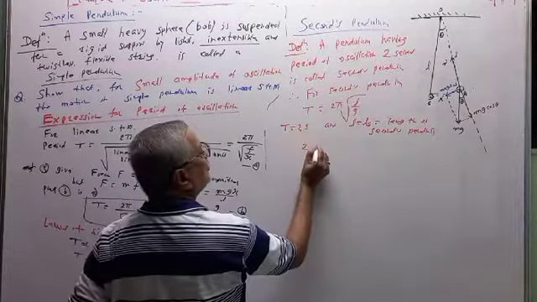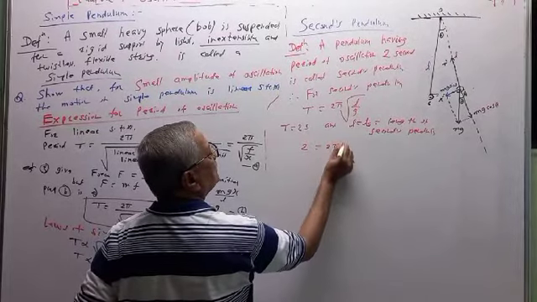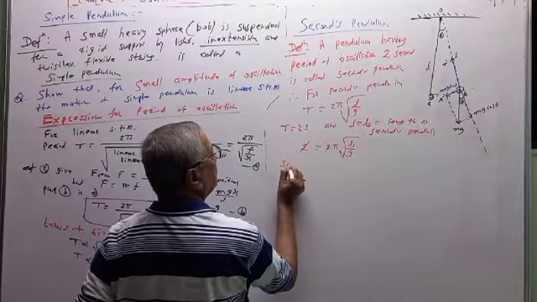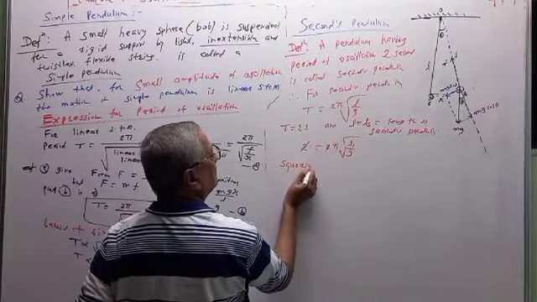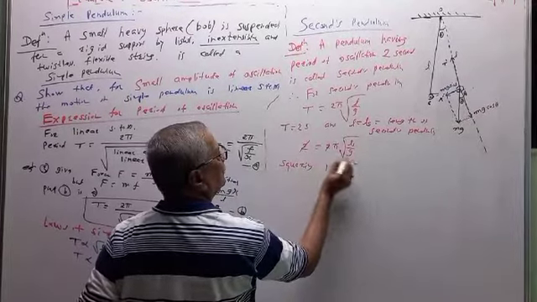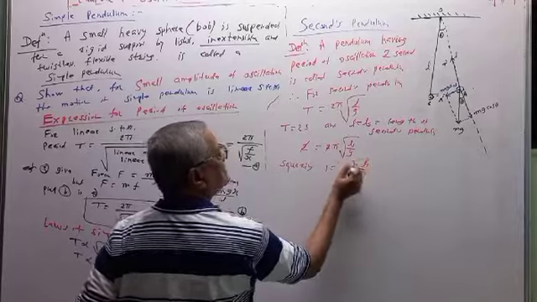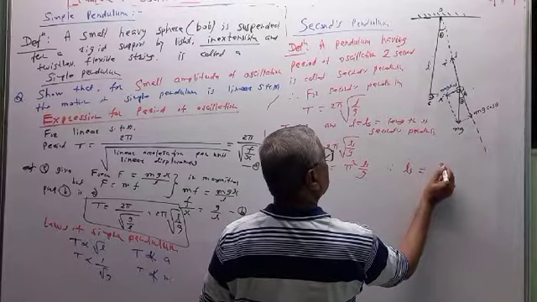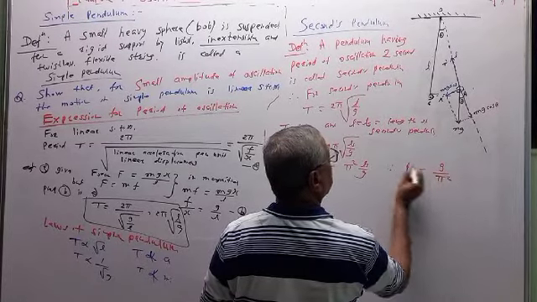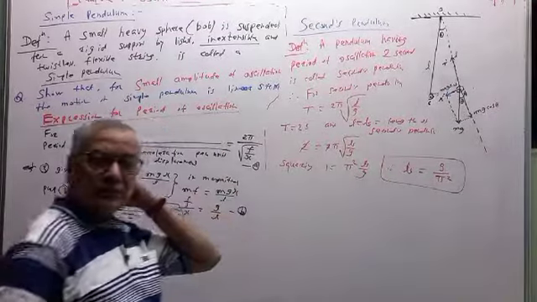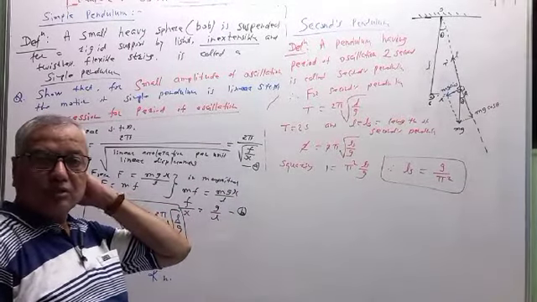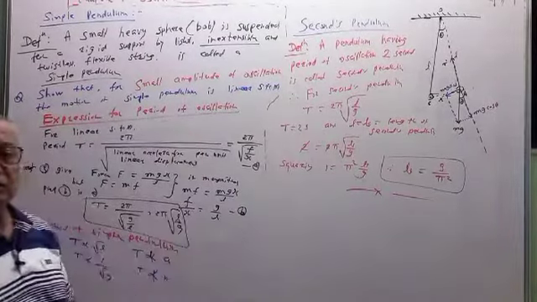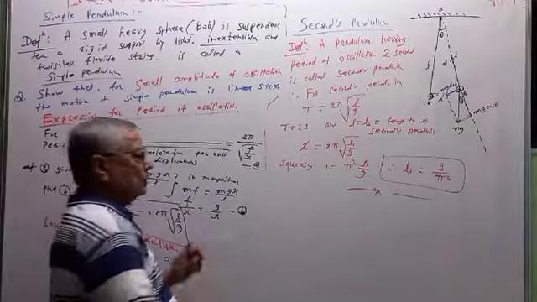So if we substitute, 2 is equal to 2 pi multiplied by under root length of the seconds pendulum by g. So this 2 will get cancelled, squaring. So 1 is equal to pi square into Ls upon g, and therefore the length of the seconds pendulum Ls is given by g by pi square. So the length of the seconds pendulum also depends upon the value of g. Pi is constant, so this expression for the length of the seconds pendulum is also required. It depends upon g only.